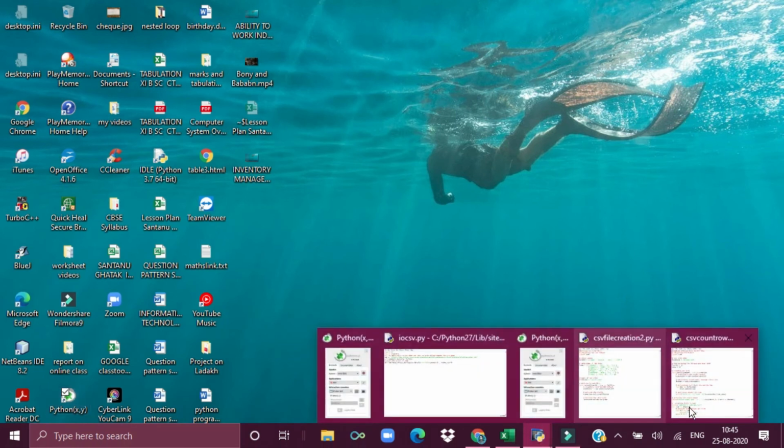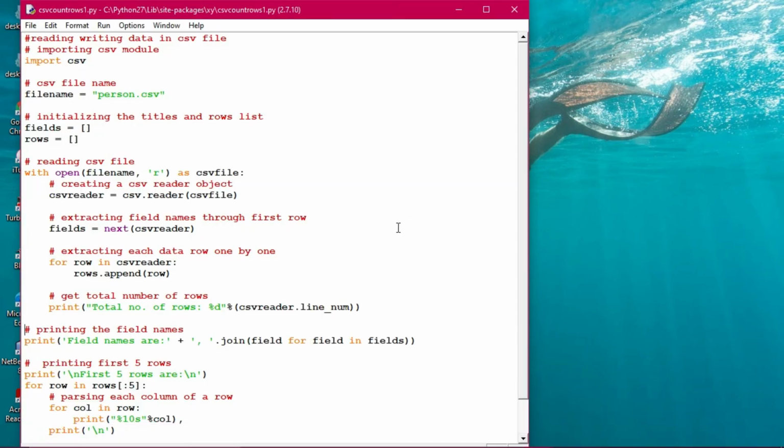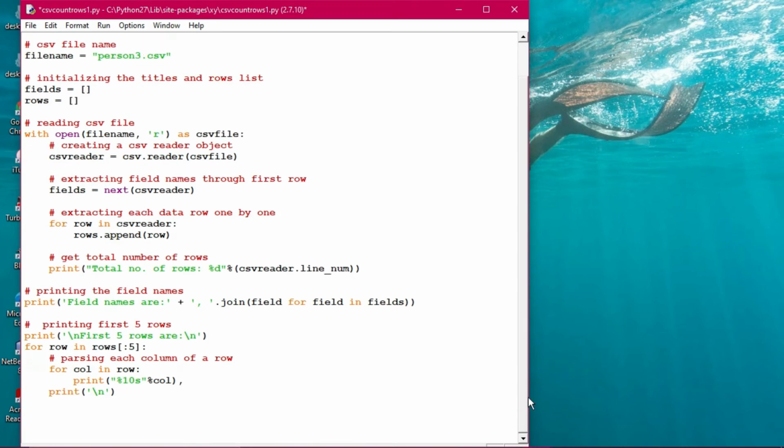Fine. Next we come to almost the same file, a similar file. Here we have used import csv, file name person.csv. You can give person3.csv here also, so that will also be created. This is also done without going inside Excel. So I'm getting person3.csv out here, and we'll check it out. First 5 rows only we are printing. Even if 10 to 15 rows of data are there, only the first 5 rows will be printed, and by using some other arrangement we can also print any data from it.